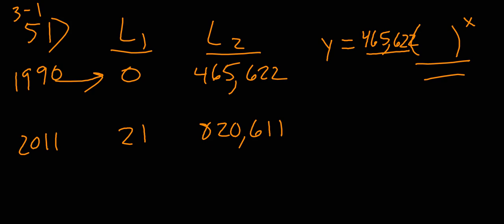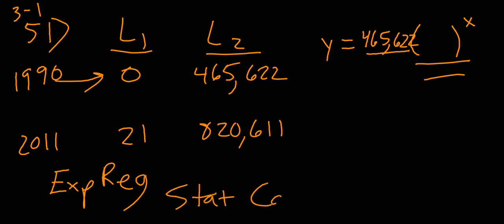what are we going to do with this thing? The exponential regression feature, right? You've got list 1 and list 2, you better be using the exponential regression feature, right? That's under like what? Stat calc? All right? That's going to give you that other equation. And then we're going to call whatever we find there y1. What should we call y2? Because it says, when did the population of Austin surpass 800,000. So